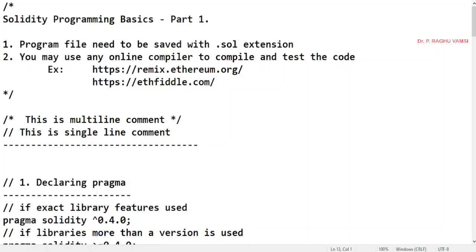In this lecture, we'll start with Solidity programming and Solidity programming basics.